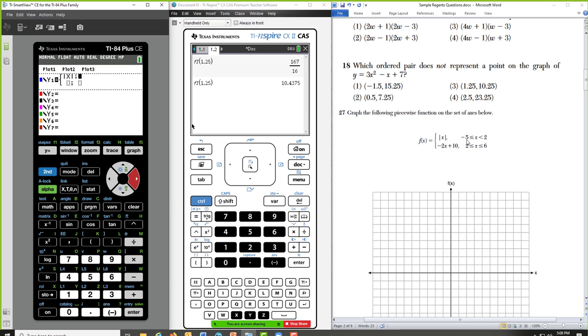The restriction is -5 less than or equal to x less than 2. So I would start by typing in -5, and then I would go into that math test feature. Second, math, and I've been using these calculators since the 82. And every time I've gone here, there's only been 2 menus. Now there's a 3rd menu.